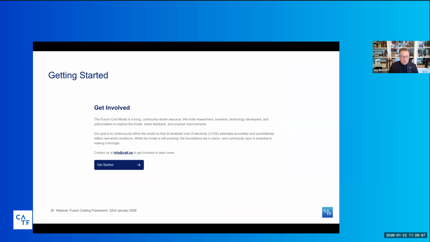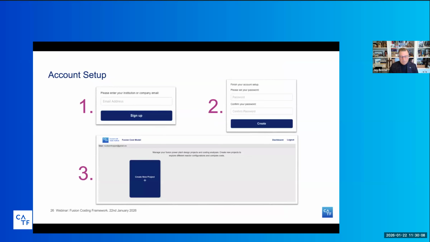And again, as we mentioned earlier, this is our first iteration on the model. We're looking forward to everyone getting involved and continuing to provide feedback for us for improvement of our model over time. So once you get into the model itself, click the Get Started button, and it'll take you through